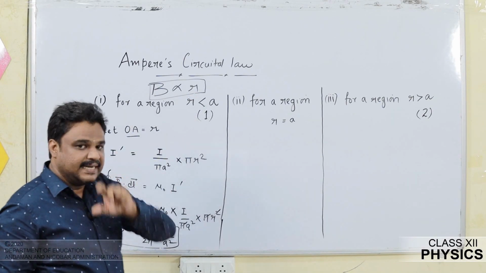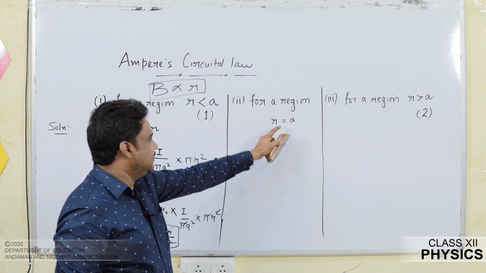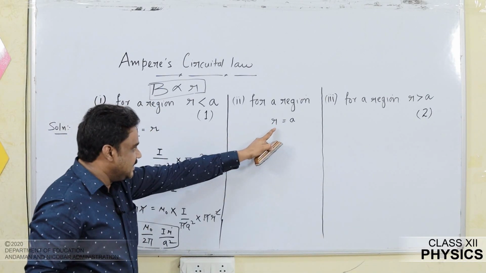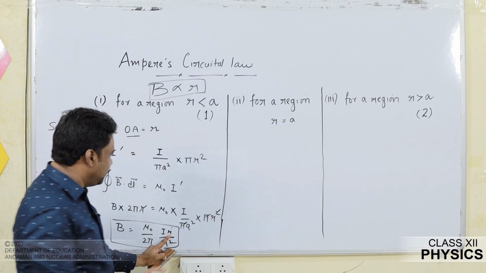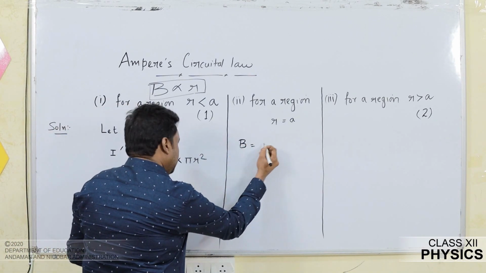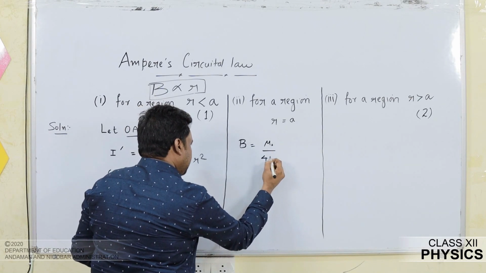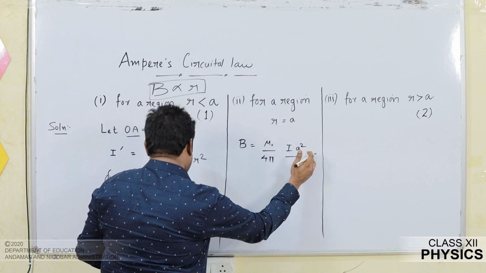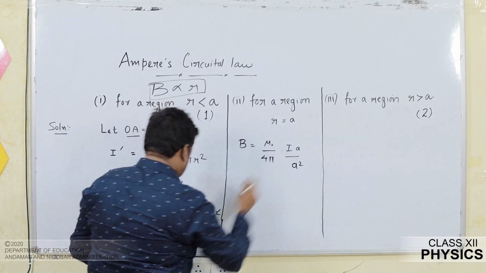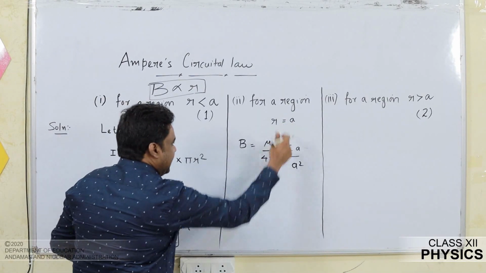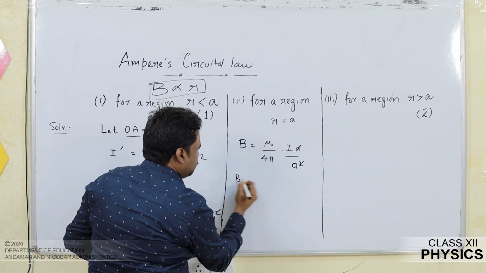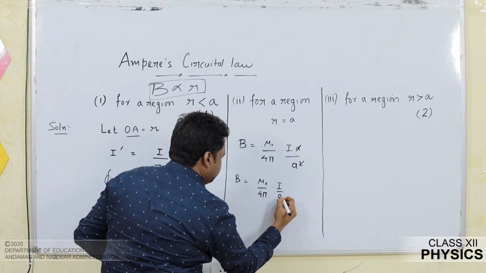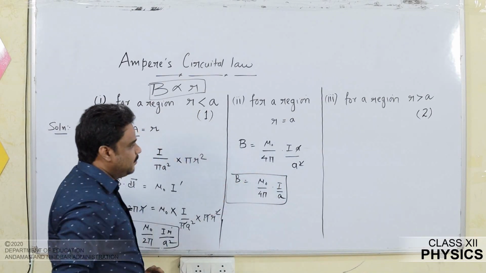I am going to get into the second asked one. They are asking what about the magnetic field for a region r equal to a. What we derived is for r less than a. So it is very easy. I am going to put r equal to a in this equation. So B is equal to mu naught by 4 pi I a square by I a, it will be r is I a by a square. This means in place of this r I am putting a. So we are able to see it cancels off. So B is equal to mu naught by 4 pi I by a. This is the case for r equal to a.